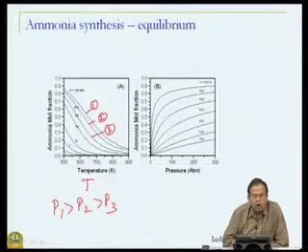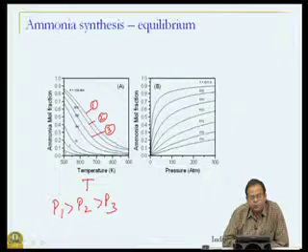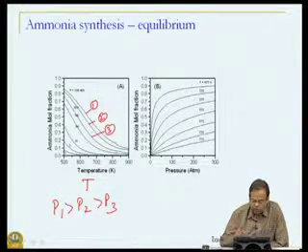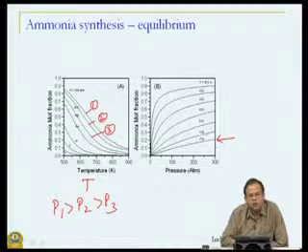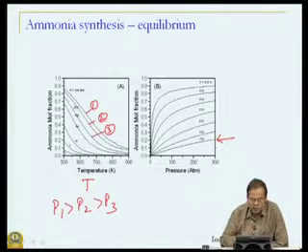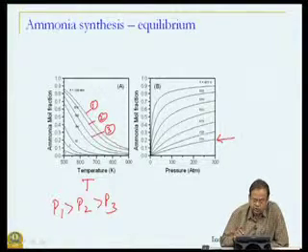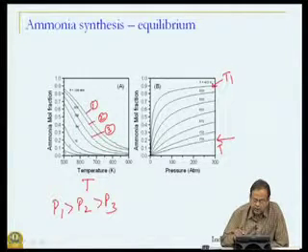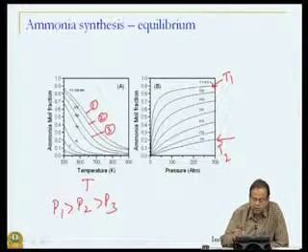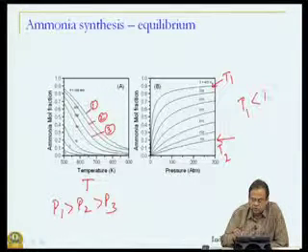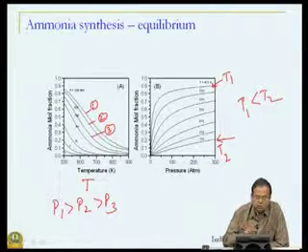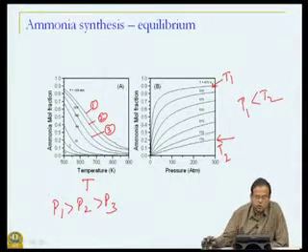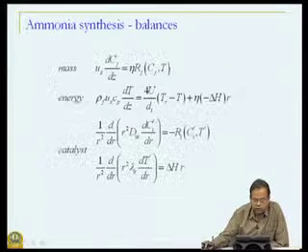So, as we increase the pressure, we are getting higher conversions. So, typical operating conditions that we are looking at are higher pressures and lower temperature. The same effect is also seen from another aspect. If you look at equilibrium ammonia mole fraction versus pressure at different temperatures, so this is lower temperature T1 and higher temperature T2, and in general T1 is less than T2. So, as we are increasing the pressure, conversion is increasing, and conversion is also increasing as we are lowering the temperature.